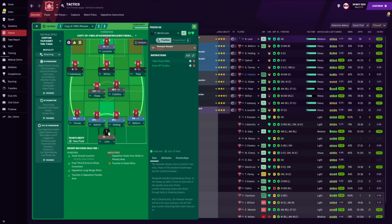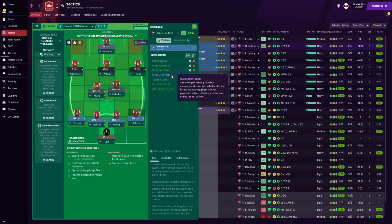So in goal, we have the sweeper keeper on defend, and his instruction is to take more risk and ease off the tackles. Left back and right back are both wing backs on support. The right back has pass it shorter, cross from the byline, shoot less often, close down more and tackle harder. Now, a lot of people don't know how to add close down more when it's not available, so I'll